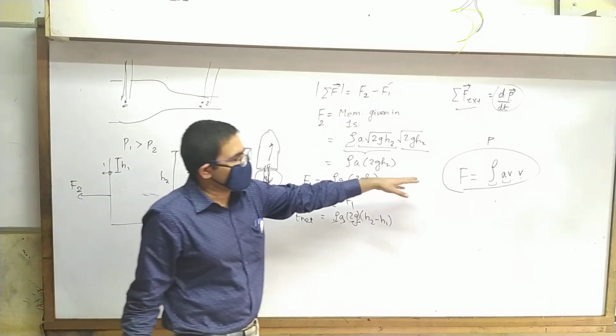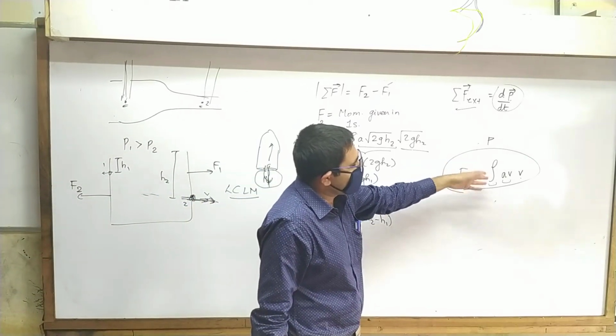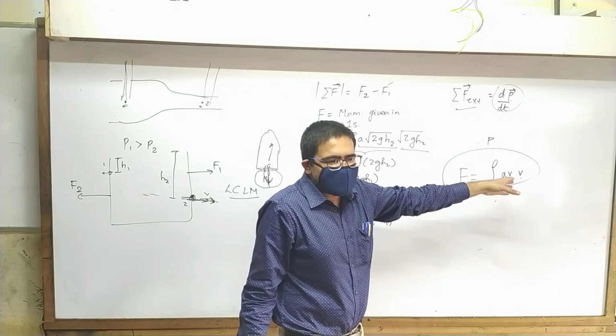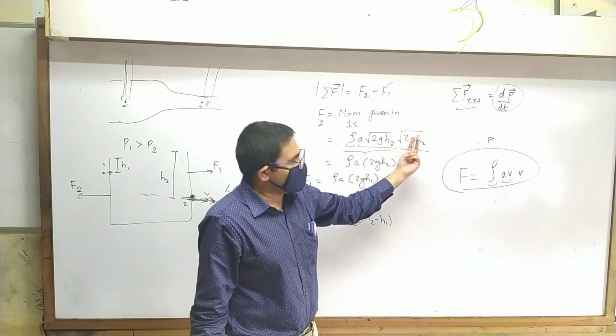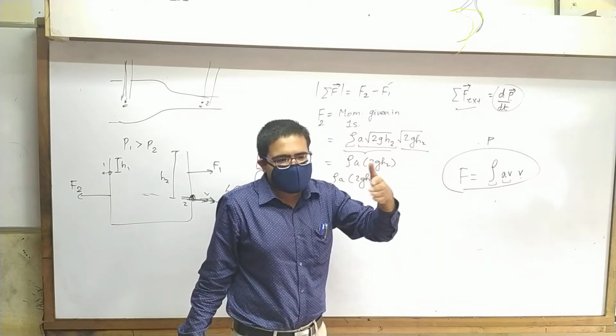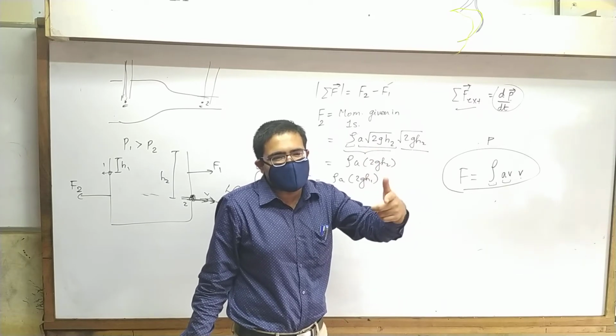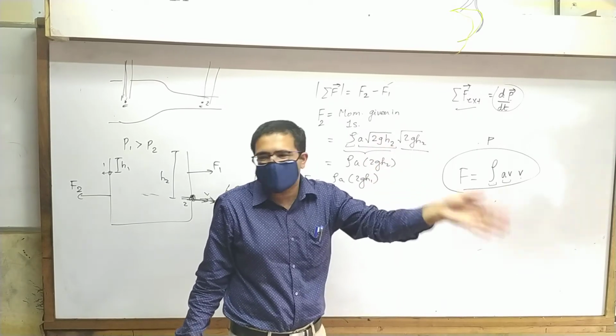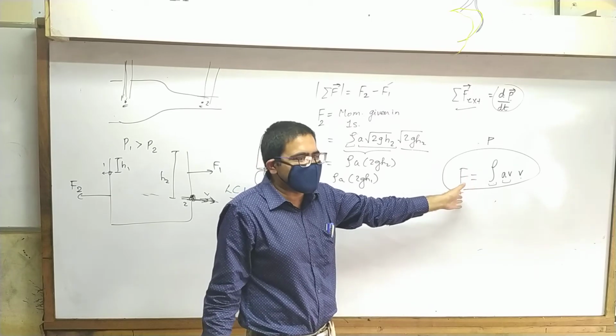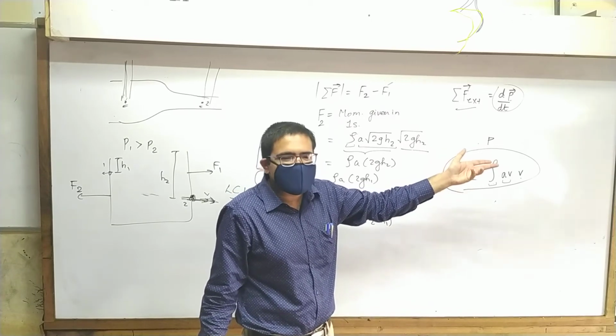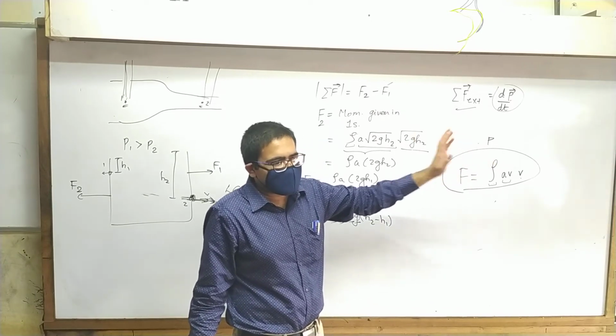After that, there are some important points. But even if you don't remember, this is very easy to do. I hope you understood how I explained it. Go step by step. Start with speed, then volume, then density, so mass comes, then mass into speed. You don't have to remember anything, it's rho A v square. I hope you get what I am saying.